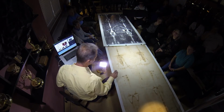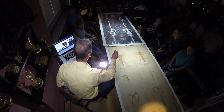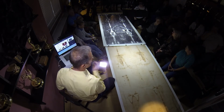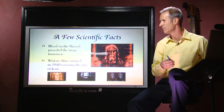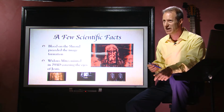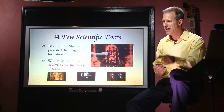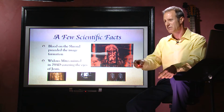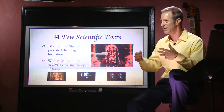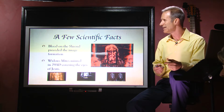So science showed that everywhere that you see blood, that was deposited there before you see the image of the man that appeared afterwards. And it's believed that image occurred at the point of resurrection. Widow's mites, minted in 29 AD, were on the eyes of Jesus. So we see here, this is holographic photography. It's really meant to be viewed with 3D glasses on. But one of the interesting things is that in 2005, it was determined that this two-dimensional photograph has holographic properties